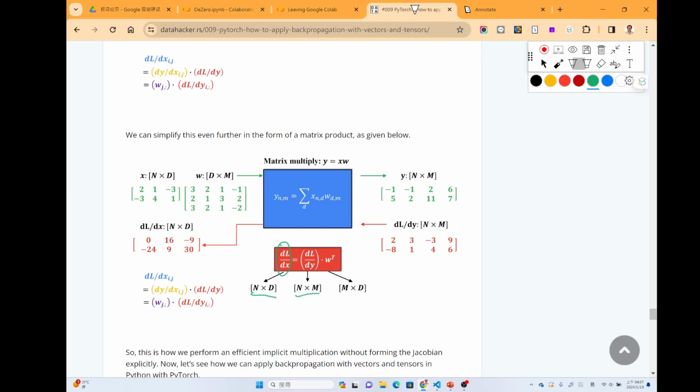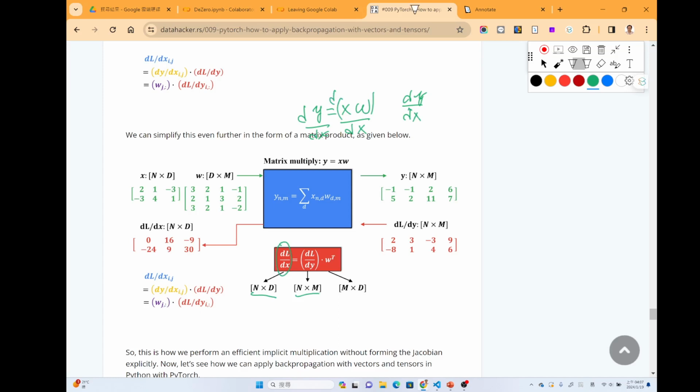In order to make this formula, because we know that y is equal to xw, and we want to calculate the dx over dy. So this is dx over dy here.